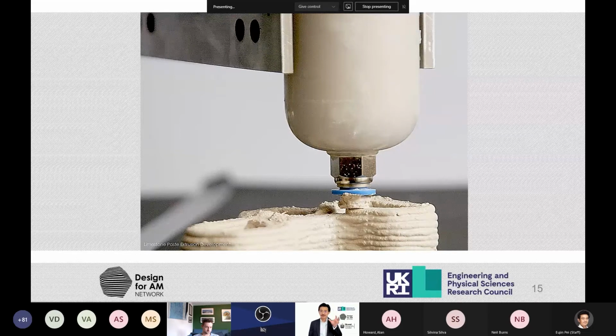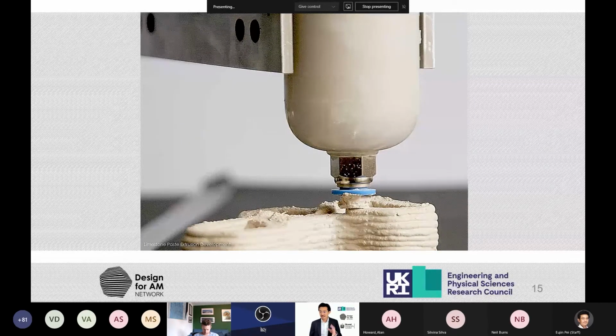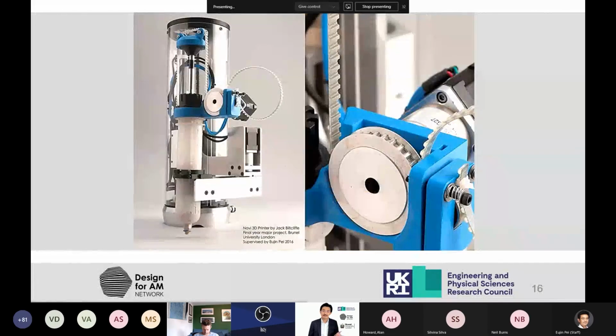Too much moisture, and the whole component, the part that's produced, will collapse. And too little moisture, and the parts will just crack when they dry up. So the material science was very important, apart from building the hardware and the software. The end result was a fantastic machine that we achieved through a very simple undergraduate project lasting 7 months from scratch. And it's just some of the things that we do at the undergraduate level, apart from the research projects that me and my team are involved in.